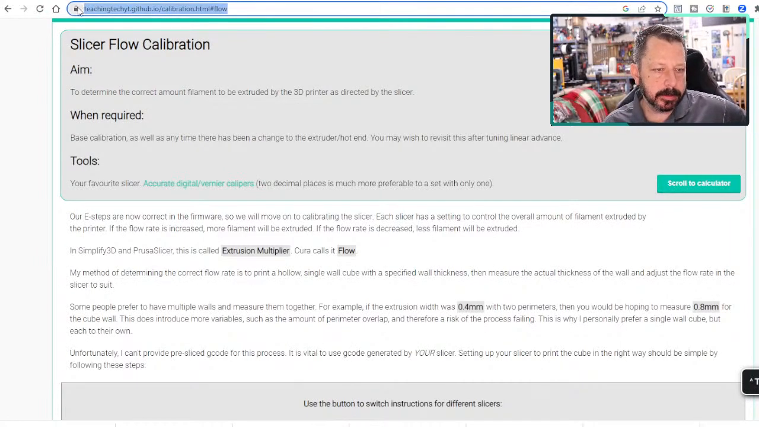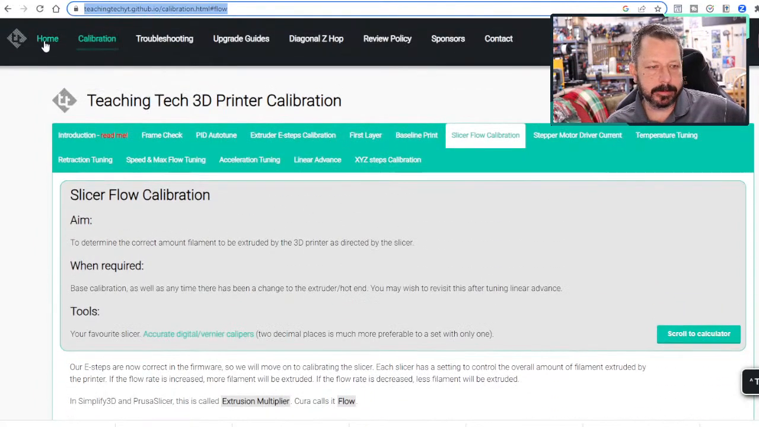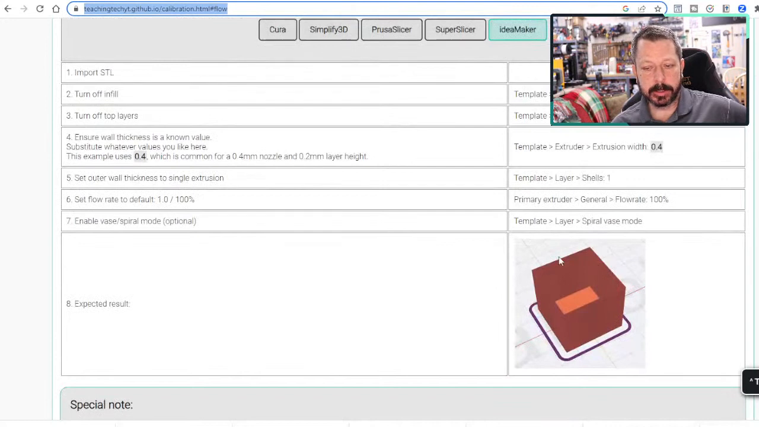So Teaching Tech YT, YouTube, GitHub page, IO, calibration, all this. This is Teaching Tech. I can't remember the guy's name, but he's on YouTube, and he's in Australia, I believe. But he put together a GitHub page that basically walks you through all of the tunings for an FDM printer in a logical order, and it will generate the code that you need to actually do the test that you're trying to do. So we could have done, here's a flow test right here, we could have done a flow test